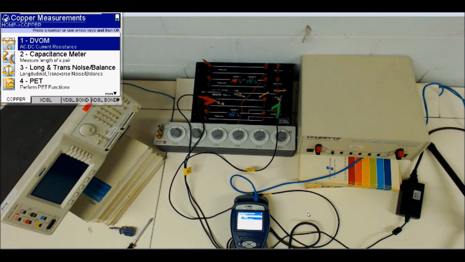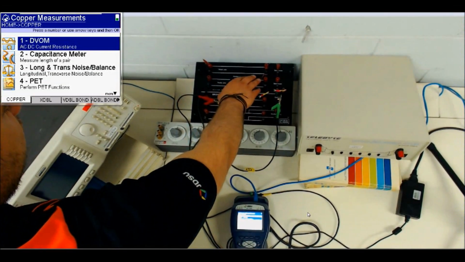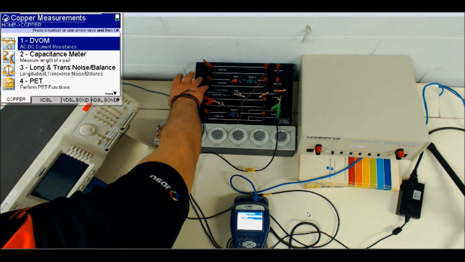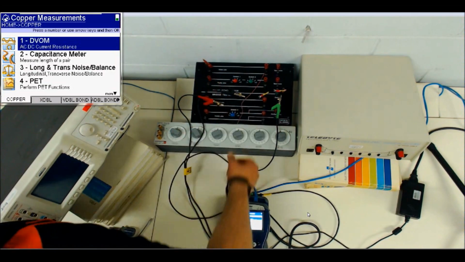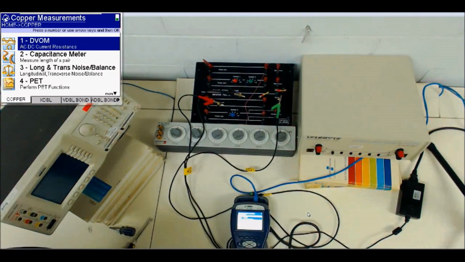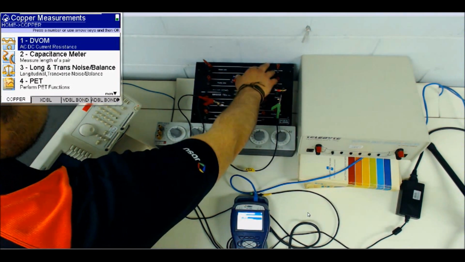Let's suppose that we are on the customer line, checking the customer's line, and we are on the pit looking towards the customer. We have the simulation fault box. We are going to consider this good line as being the customer's one, and from this point we are going to consider that it's our pit. So it's the pit that we are connecting the actual leads of the unit, and this is the endpoints on the customer premises. For the purpose of demonstrating a short circuit line, I have short circuited the points at the customer